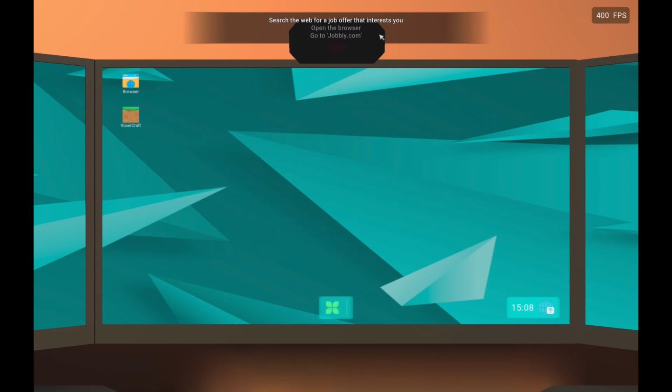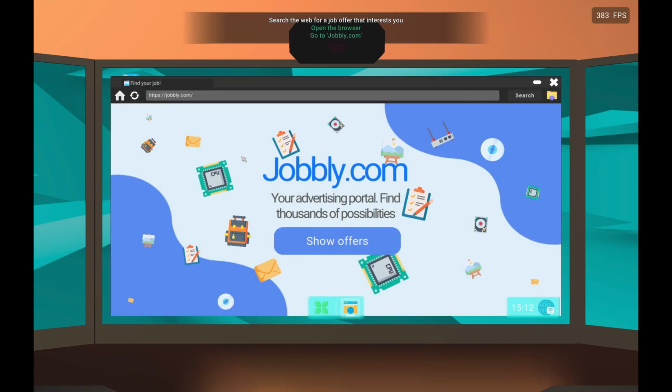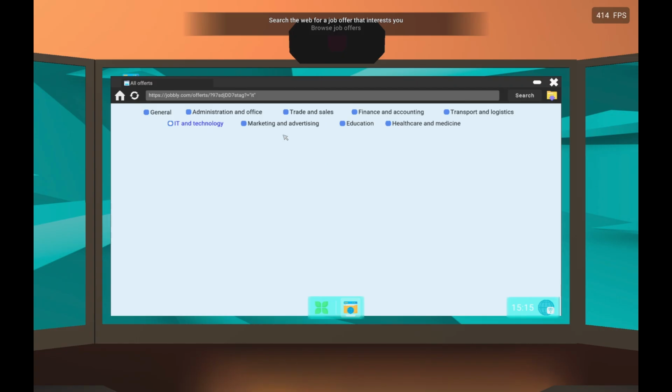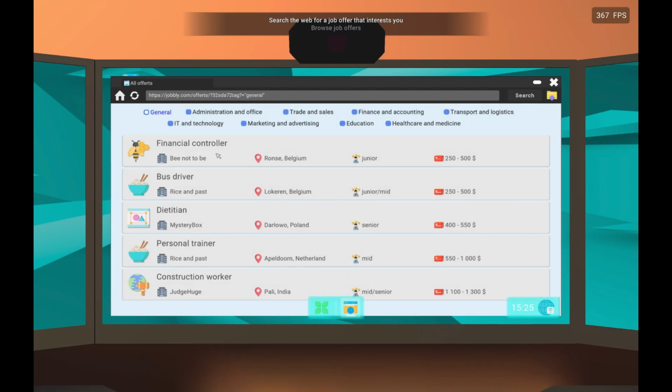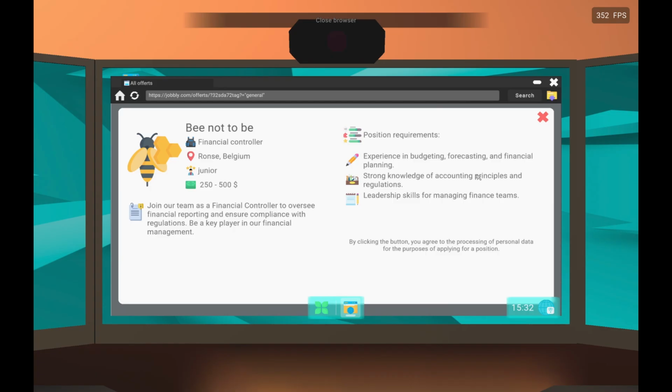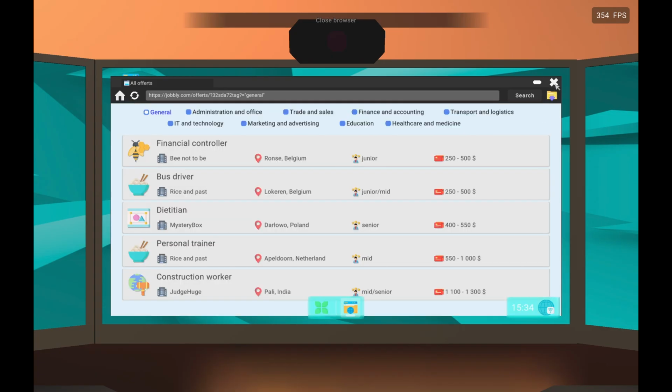Now it says search the web for a job offer that interests you. So open the browser, go to jobly.com. All right, find a job that interests us. So let's look at, there's no IT and technology jobs. Education, there's a personal trainer, healthcare and medicine, transport and logistics, finance and accounting, trade and sales, admin and office, general. Alright. Well, can we be a financial controller? Oh, okay, it looks like there isn't any job that interests you. Can we apply? I guess we can. Okay. It's telling us to close the browser,